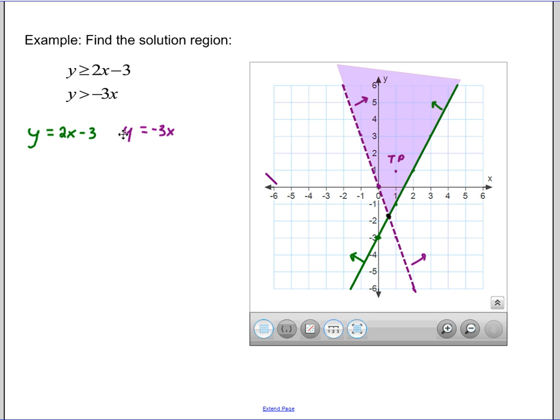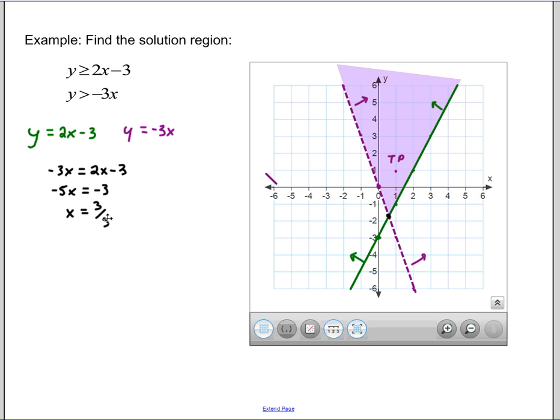y equals, and y equals means that negative 3x would have to equal 2x minus 3 directly, and then we want to solve for x, so we're going to subtract 2x from both sides to get negative 5x equals negative 3. And doing the solution for that by dividing by negative 5 gives us x is equal to positive